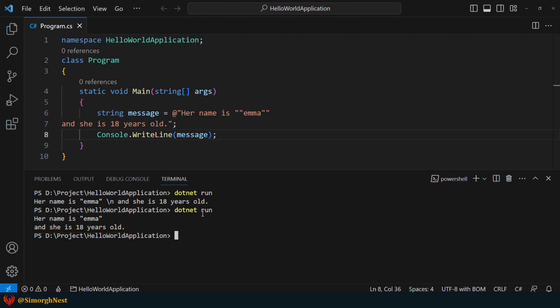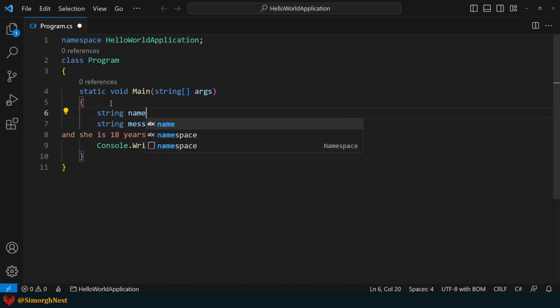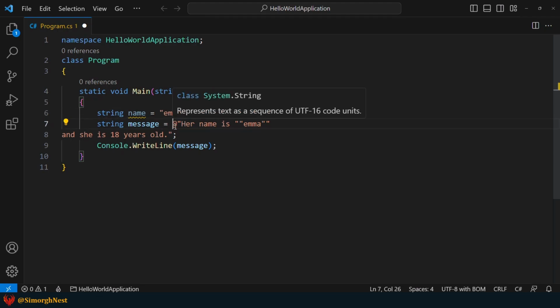Okay, it's important to know that C# also allows for verbatim string interpolation. This means that we can use a variable inside a verbatim string. So, first, let's declare a variable to hold this name. Next, to indicate verbatim string interpolation, we need to place the $ symbol before or after the @ sign character. The placement of the $ symbol does not make a difference. Finally, let's insert this variable into verbatim string interpolation.